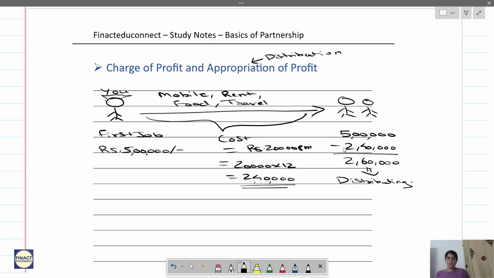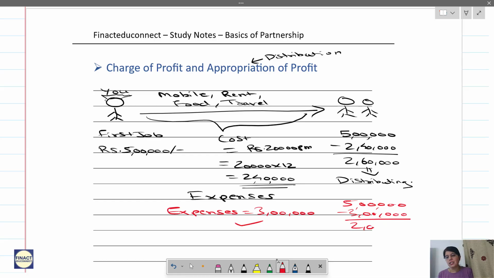Now see what is happening over here. These are your expenses. Whatever expenses you are incurring, they are not optional, these expenses have to be incurred. Let's say whatever expenses of 2,40,000, your actual expenses were 3 lakhs, then you have to incur these expenses. Then whatever is left out, that is 5 lakhs minus 3 lakhs,